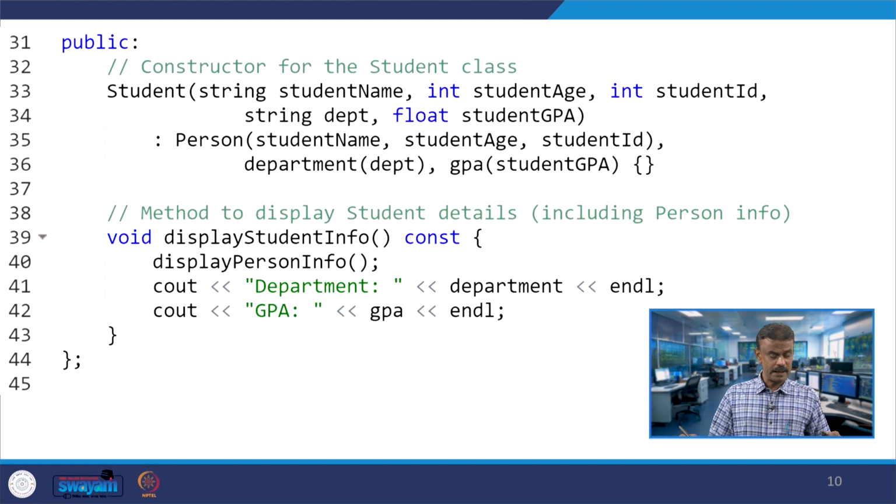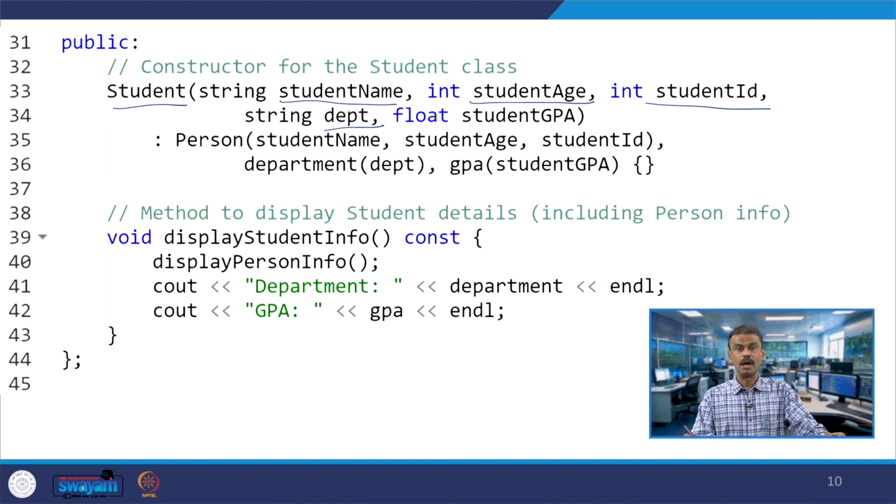Now here you have the constructor student. The constructor student has 5 parameters: student name, whose data type is string, student age integer, student ID integer, department whose data type is string, and student GPA float.